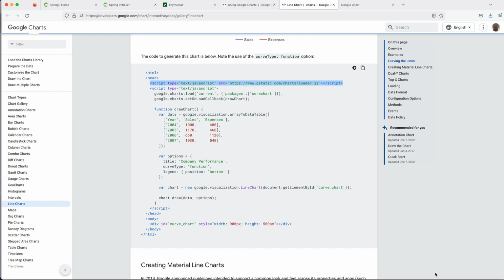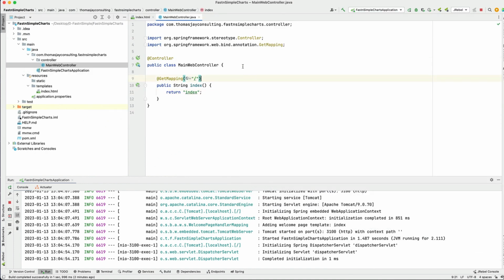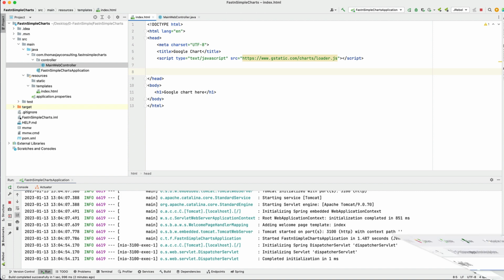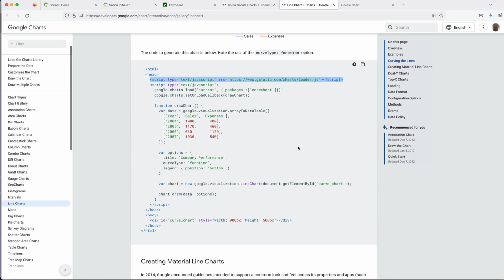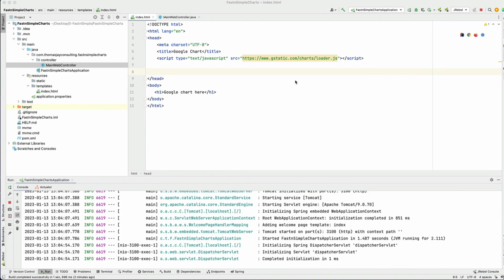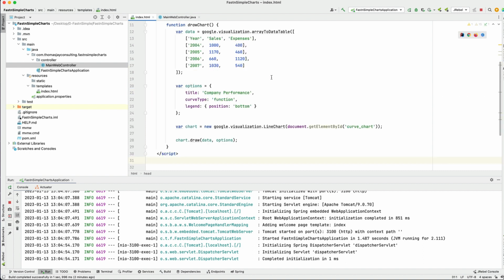So we're going to go back to our package in our JavaScript. And we're going to add that in the head section. I'm going to put that after the head. I'm going to go back to our Google Charts, and we have some additional information in here, and we're going to bring it down here and copy that. We'll go back into our Thymeleaf, and we will put that into, again, the head section,